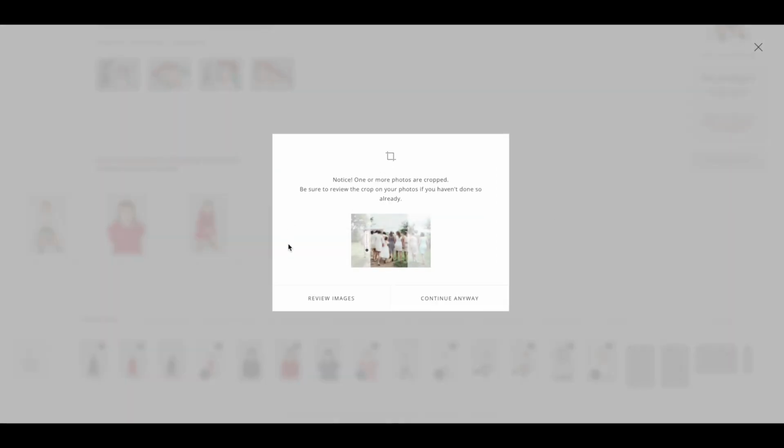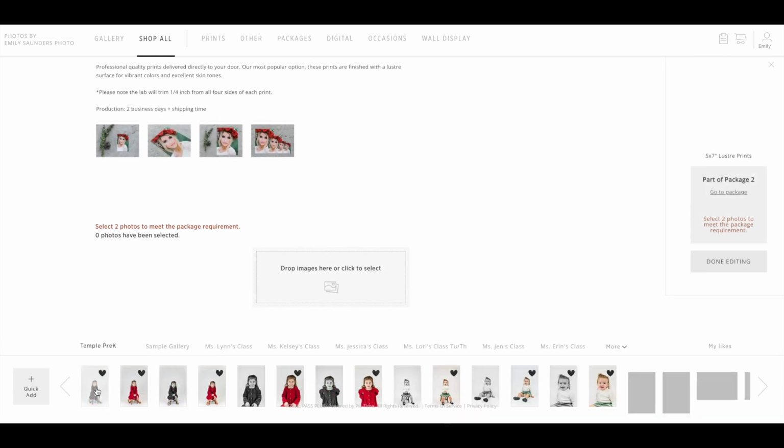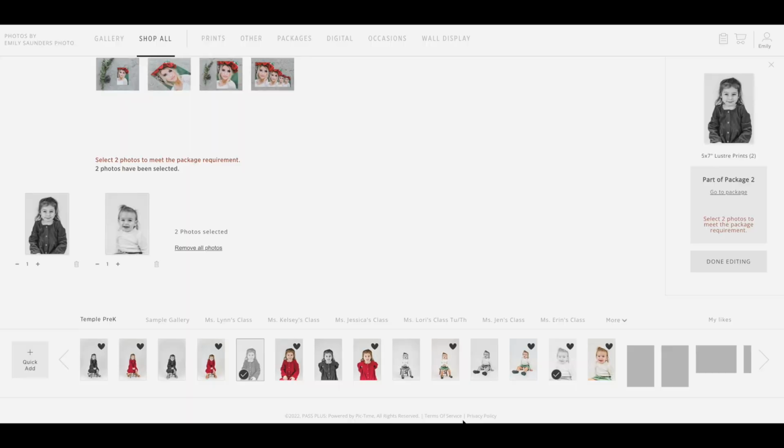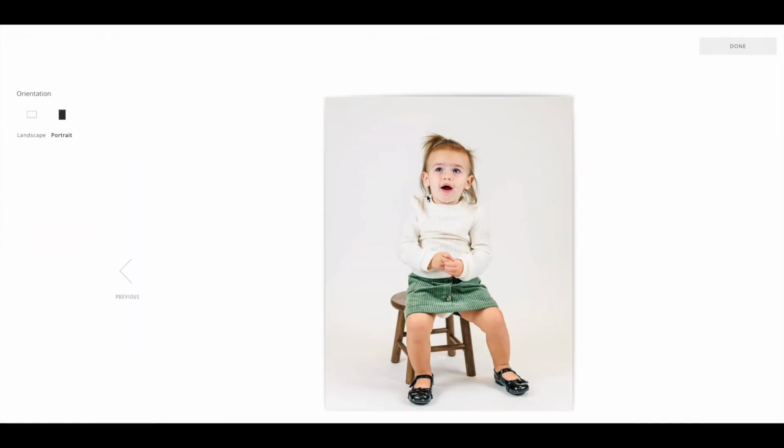I'm going to click Done Editing. It'll say, are you sure about the crop? And I'm going to say, yes, continue anyways. Okay, and then I'm going to speed this up again because completing the rest of this package is using the same skills and the same tools. So you go in, you set the crop to whatever you'd like it to be for both the 5x7s and